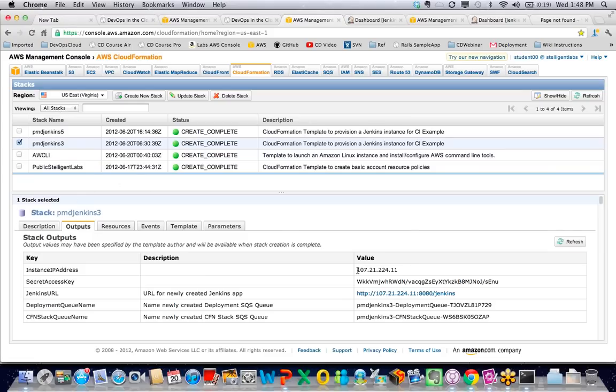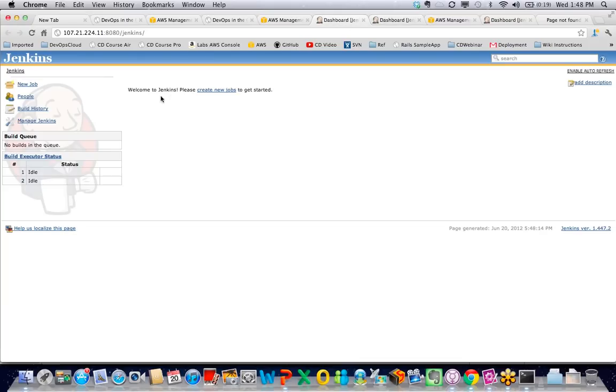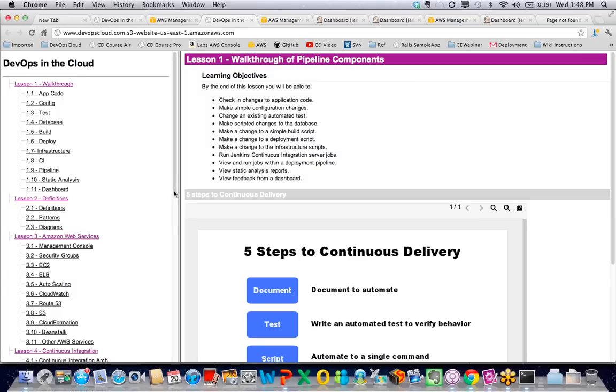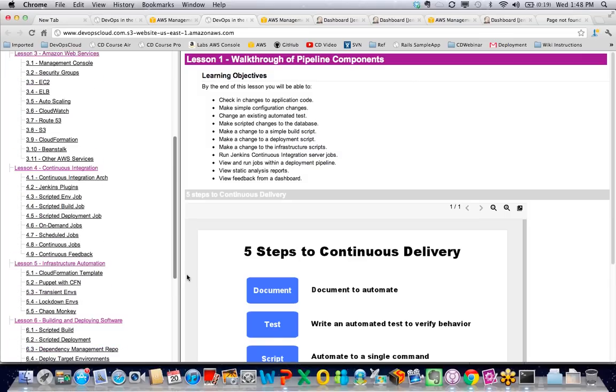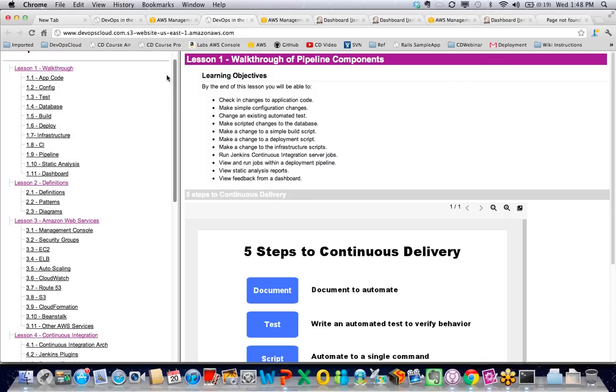And then I can see here's the DNS value, or I go here and I want to load up the link to the CI server that got created, and so forth. So that's pretty much it for some of the demo.